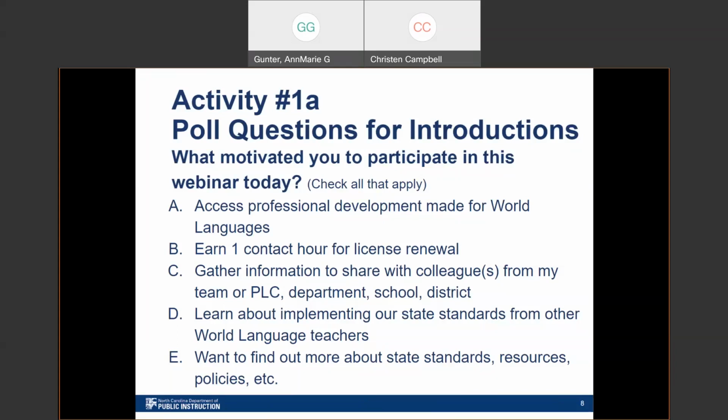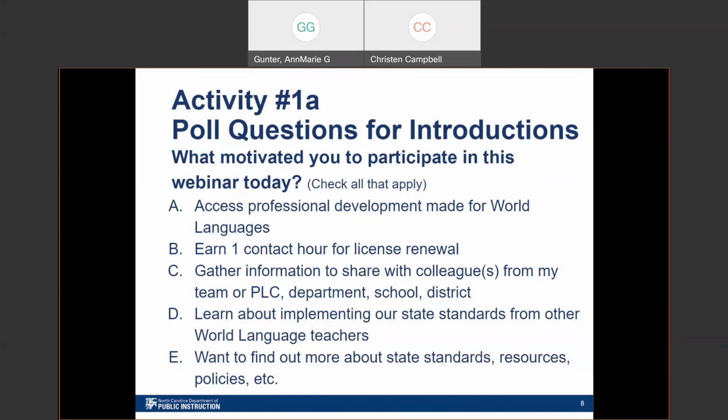We also have some people here gathering information to share with colleagues, maybe from their team or our professional learning community, their department, their school, or their district. We do post the archives, including a recording, the slides, and any activities and links that we use. So you can take that information and repurpose it and recycle it the way you need to locally. We do post the slides in 3 different formats: Google presentation, PowerPoint, and PDF. So that you don't have to recreate slides. You can just download what you need and use them.